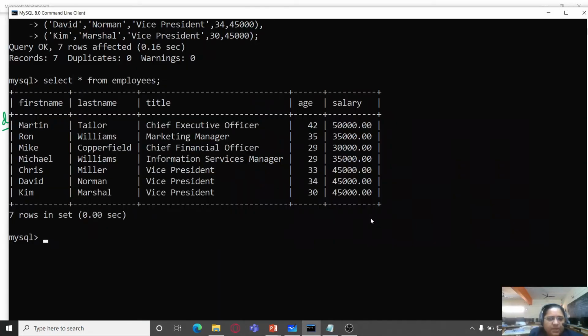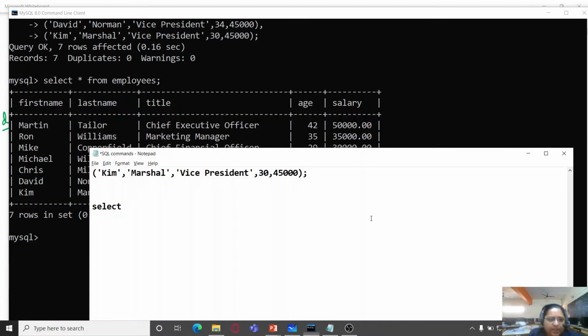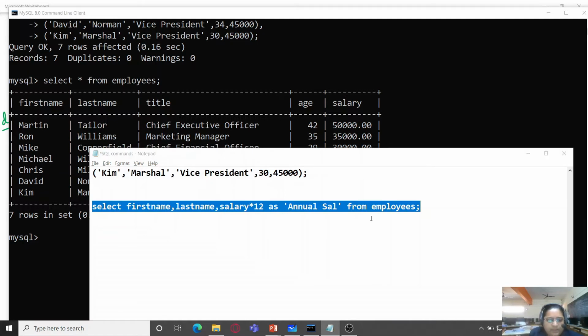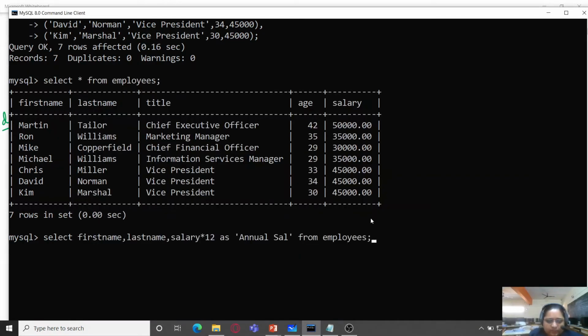We don't have any field with the name employee ID, so I'm going to take first name and last name, and I'm going to take the salary. So I'm writing here salary into 12 as annual salary from the table employees, and let me copy this and paste it over here.